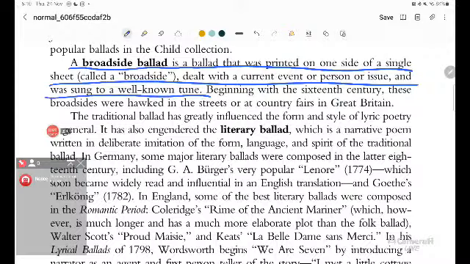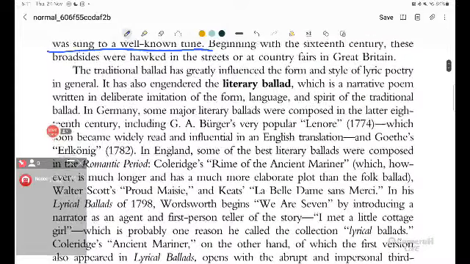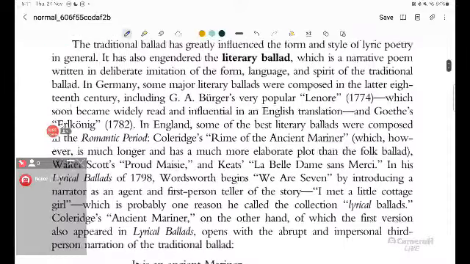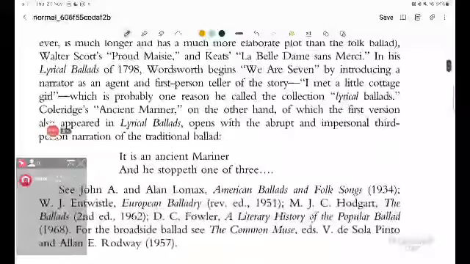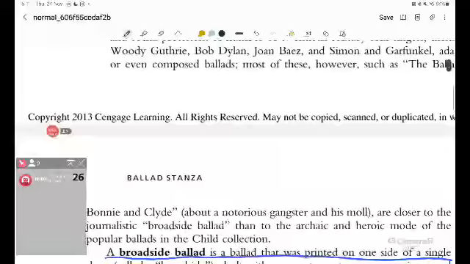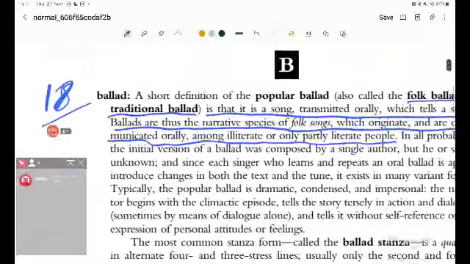Beginning with the 16th century, these broadsides were hawked in the streets or at country fairs in Great Britain। नेक्स्ट आने वाला है आपका literary ballad. The traditional ballad has greatly influenced the form and style of lyric poetry in general. It has also engendered the literary ballad, which is a narrative poem written in deliberate imitation of the form। आई डोंट थिंक इसमें कुछ और इम्पोर्टेंट है। चलिए नेक्स्ट चीज पे चलते हैं हम लोग। लेट मी नंबर दिस। तो ये 18 था।